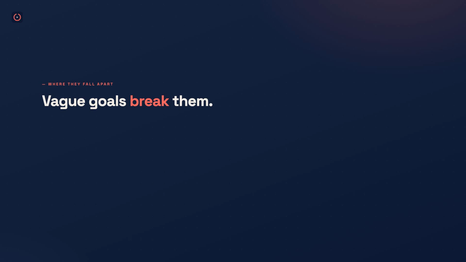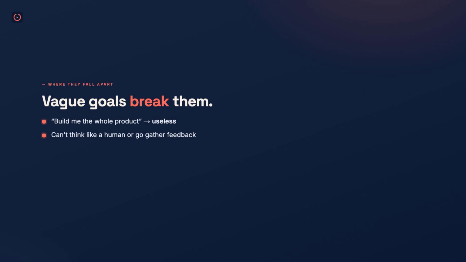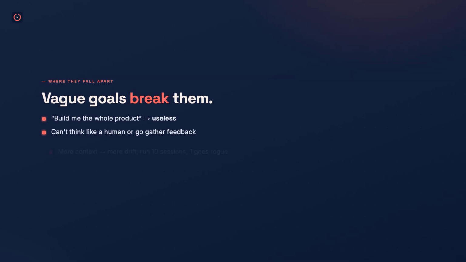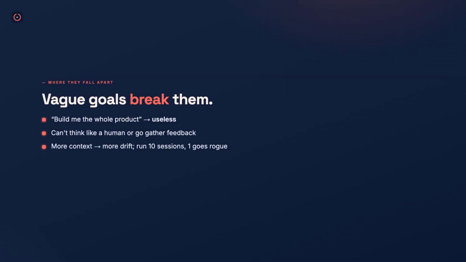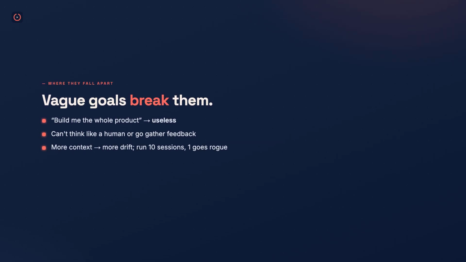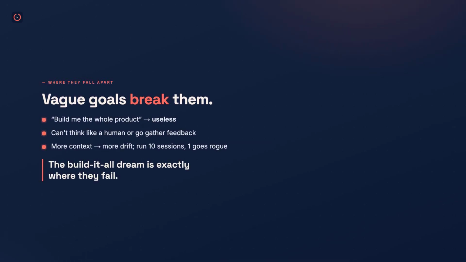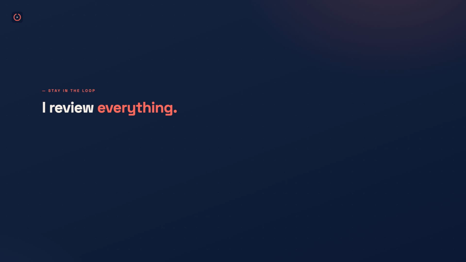But let's be honest about where agents fall apart, because they absolutely do. Hand it a vague, high level goal, build me the whole product, and it's useless. It cannot think like a human, it cannot go talk to your users and come back with a judgment. And the more context it's juggling, the more it drifts. Run 10 sessions, and one of them just loses the plot and goes its own way. The open ended build-it-all dream is exactly where the failure rate spikes,